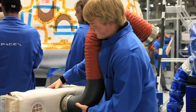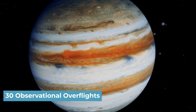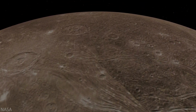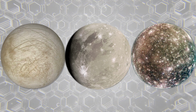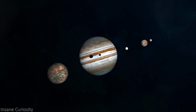In total, the JUICE spacecraft will make 30 observational overflights across Jupiter's 3 largest moons in its first 2.5 years. In the remaining final year, it will then orbit around Ganymede to observe the moon in much greater detail. The 3 Jupiter moons the mission will focus on are Europa, Ganymede, and Callisto, all of which are covered in an icy crust and are just as large as dwarf planets. Over the next 8 years, it will be interesting to see how this mission unfolds and all the discoveries made